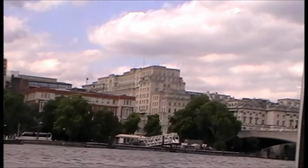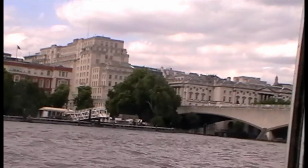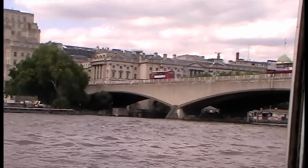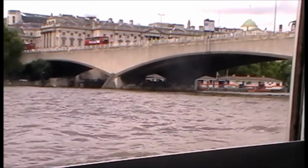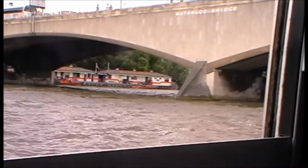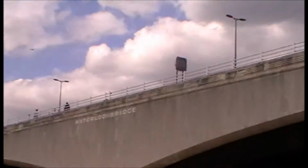Waterloo Bridge in front of us. It's the longest bridge on the River Thames, and it's known as the Ladies' Bridge. This is because during World War II, whilst all the men were away fighting, the ladies built this bridge. They were very clever. It was the only bridge to be built on time, on budget. Would you believe a self-cleaning bridge? Yes, when it rains, it cleans the bridge with a special kind of stone called Portland stone. Notice it's a lot cleaner on the outside than underneath where the rain can't reach. It was designed by a man, though, Giles Gilbert Scott, but the women